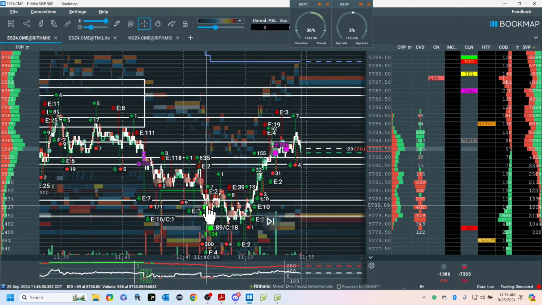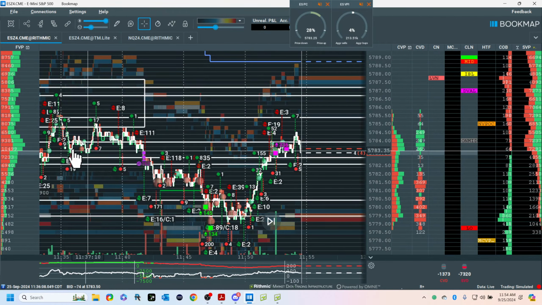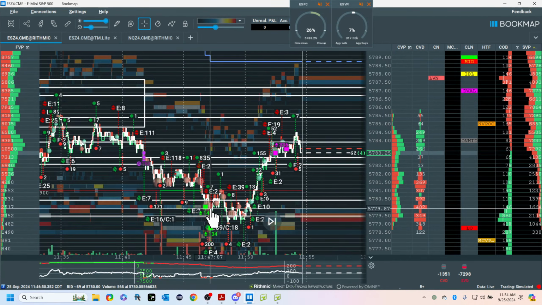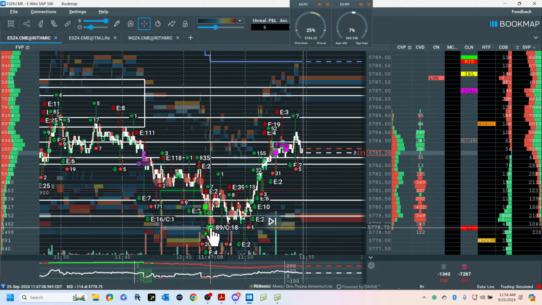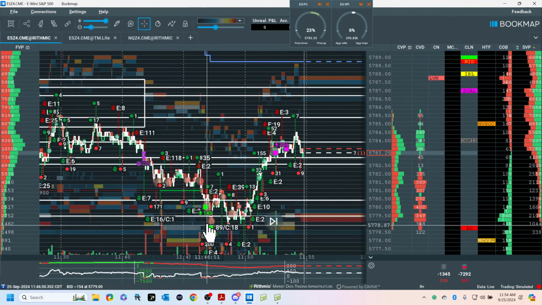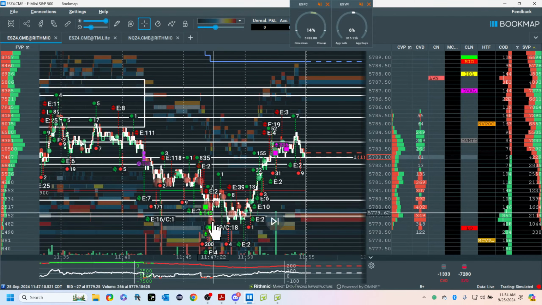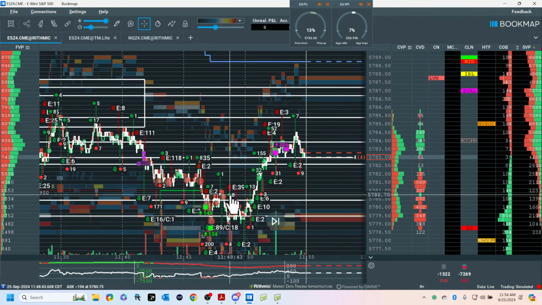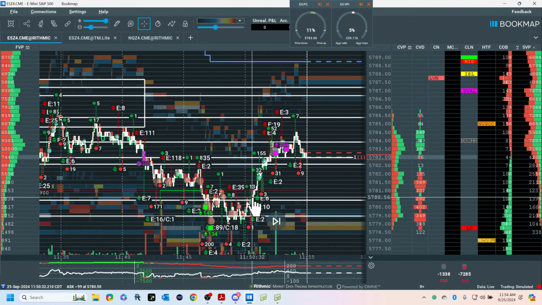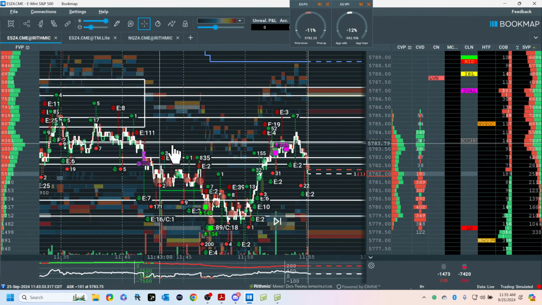You had the same thing here. So I see, and where do you see the absorption? You don't see it until here. Then here you see it again. Then here you see the sellers, and the absorption is here. You see, once we get above these sellers, the buyers are up here, and the last sellers were here. This is where the trade is over, if that's your plan. So let's just take a look at it.